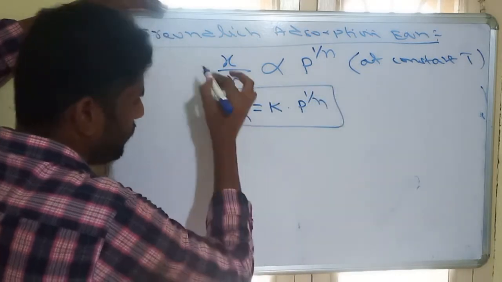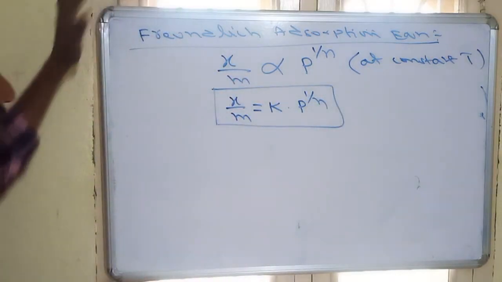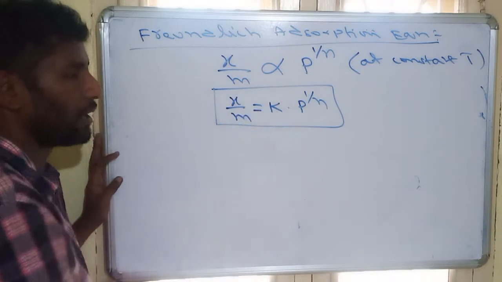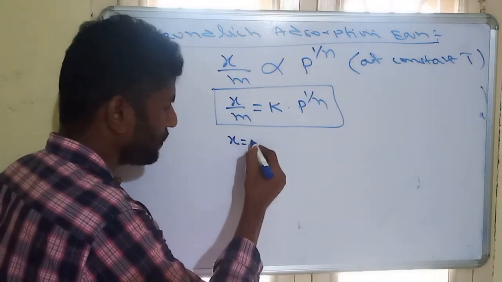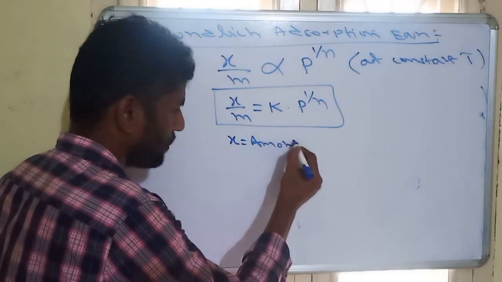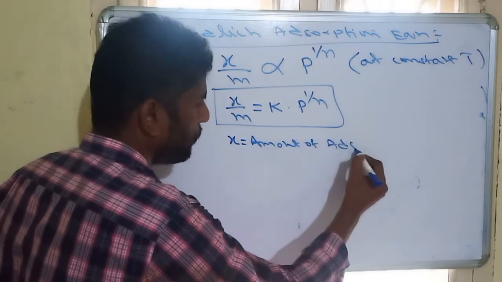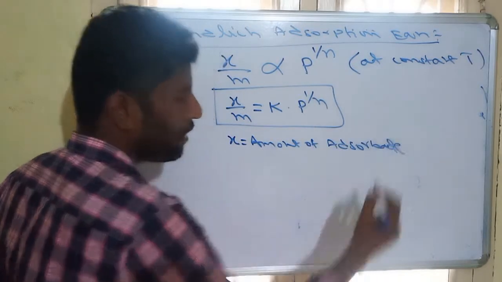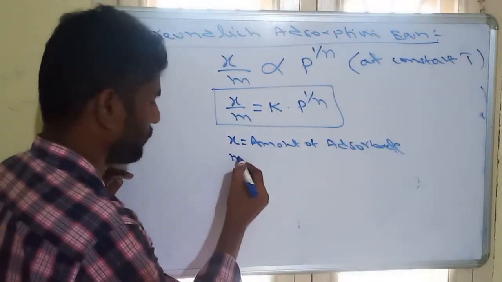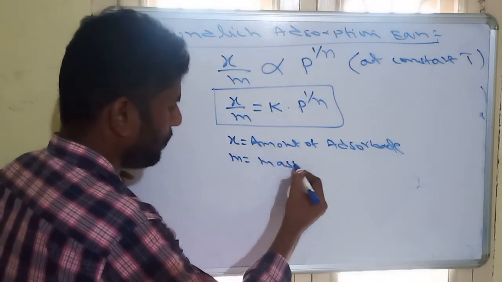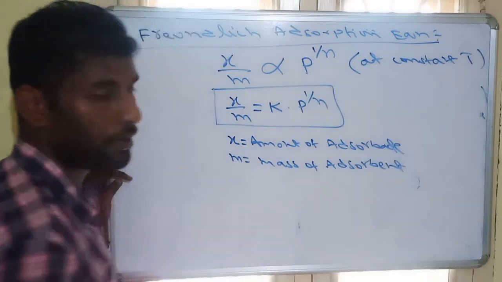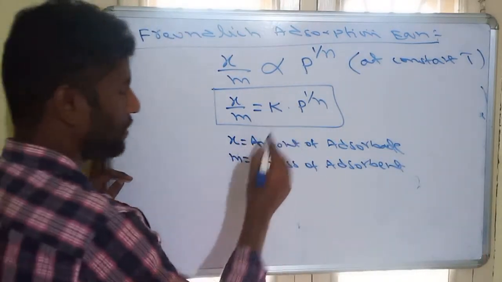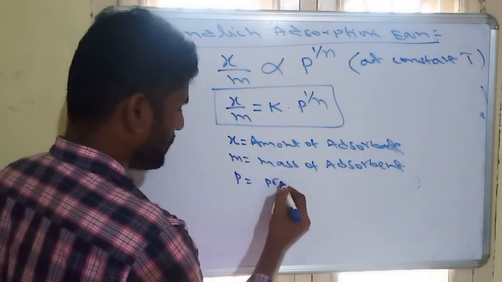So this is Freundlich's adsorption equation: x by m is equal to k into p power 1 by n, where x is the amount of adsorbate, m is the mass of adsorbent, k is a constant, p is the pressure,